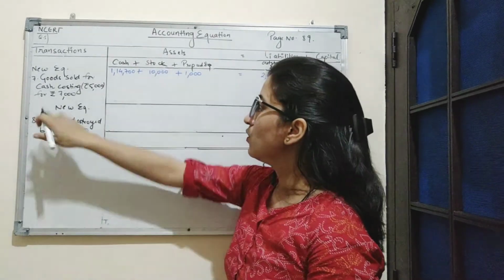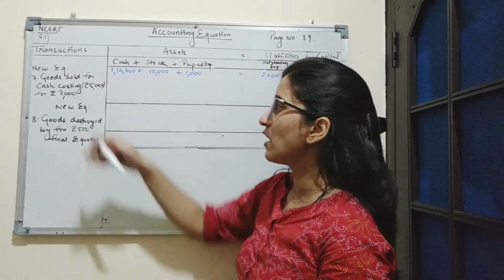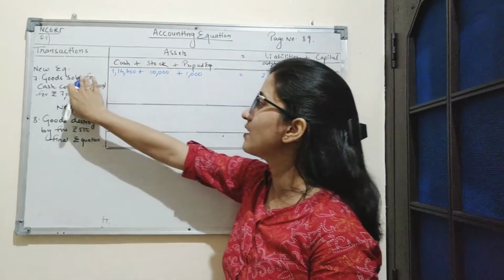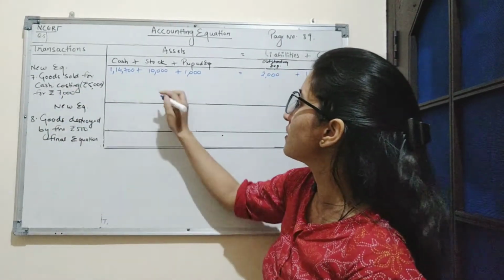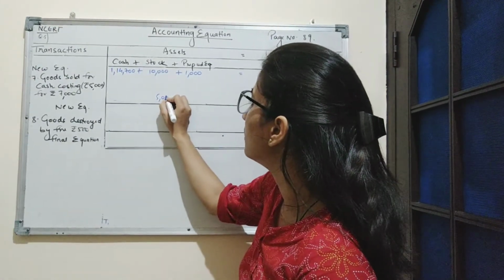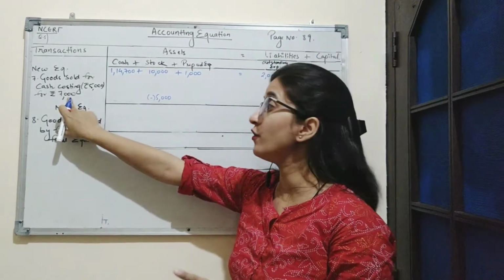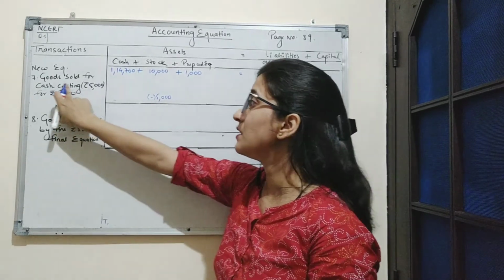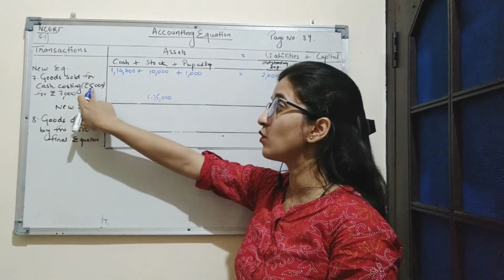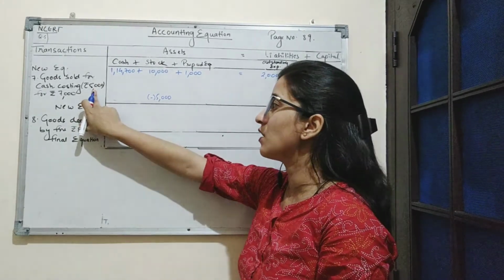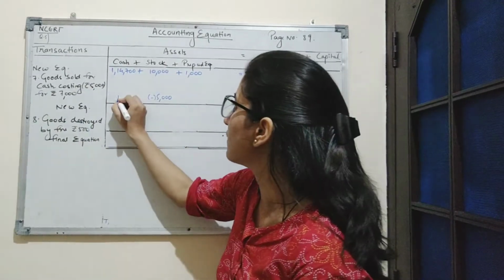Now here goods have been sold for cash costing 5,000. Now goods of 5,000 have been sold, which means there is a reduction of asset in the form of goods. So we will deduct rupees 5,000 from stock column, and it has been sold for rupees 7,000. That means we are getting the amount of 7,000 in the form of cash by selling the goods amounting to 5,000. So we will add 7,000 on